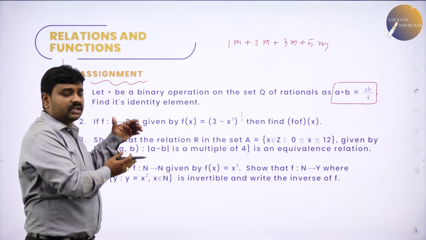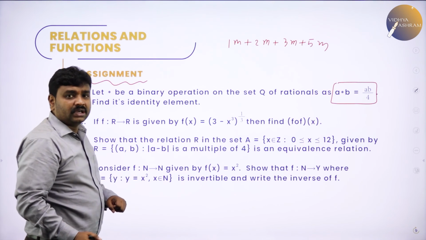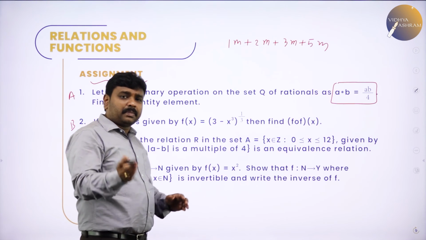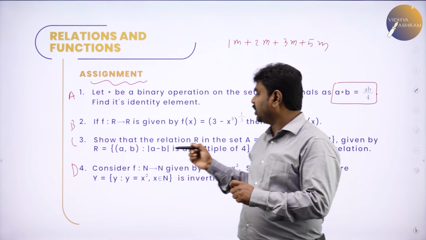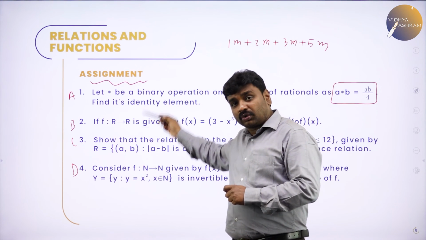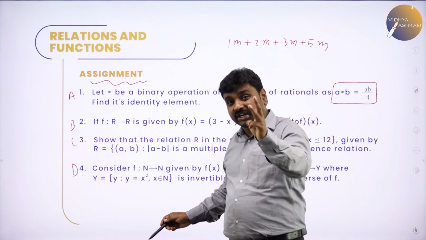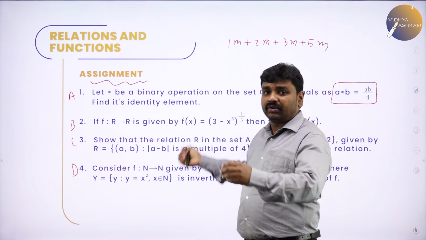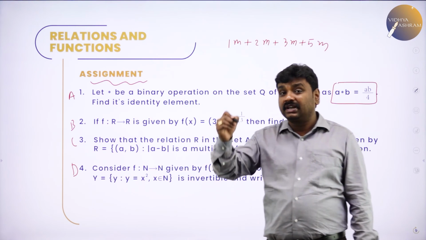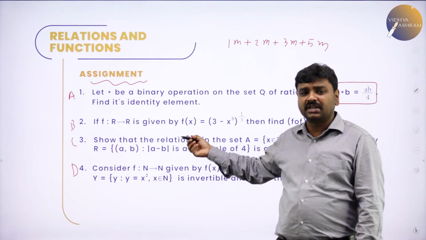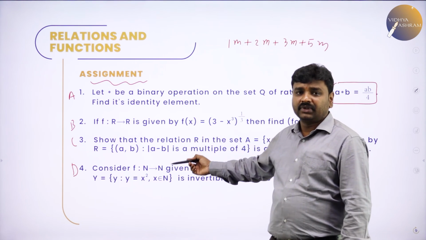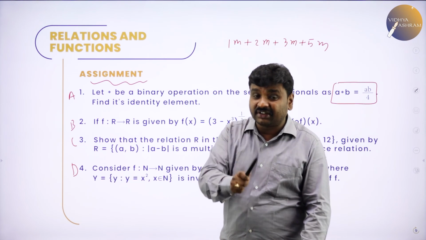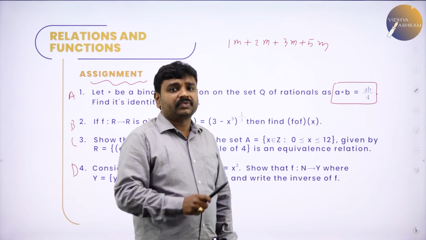A sample question, I have compiled 1 assignment. So now similarly, paper wise, if you take from 2014 to 2019 or 20 paper, every paper you can find 4 questions, 1 marker, 1 2 marker, 1 3 marker, 1 5 marker, like this. Now a sample I have compiled. Please sit and complete this assignment. To complete this assignment, refer my previous sessions. Every type I have done. So without fail, please complete this assignment and become thorough.